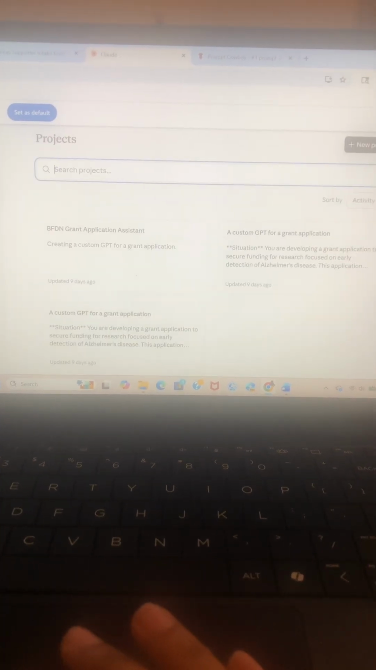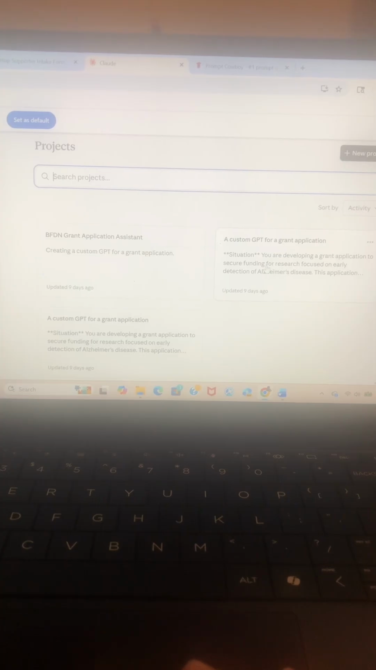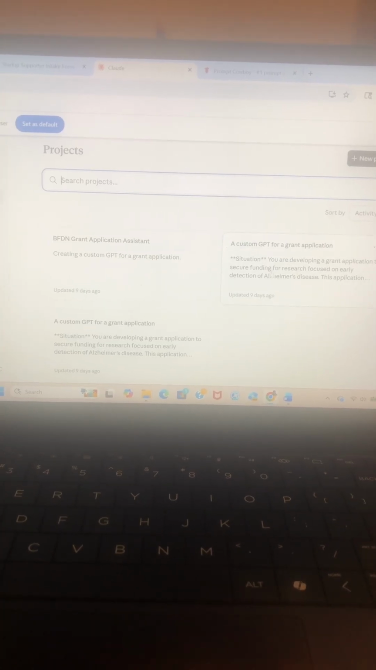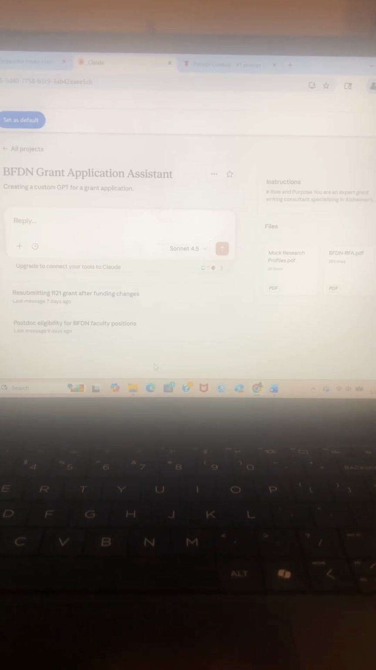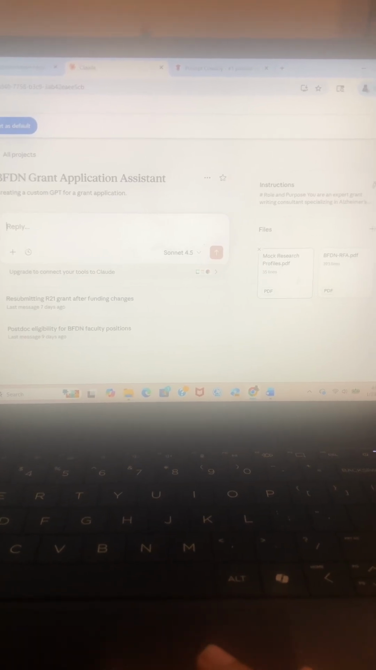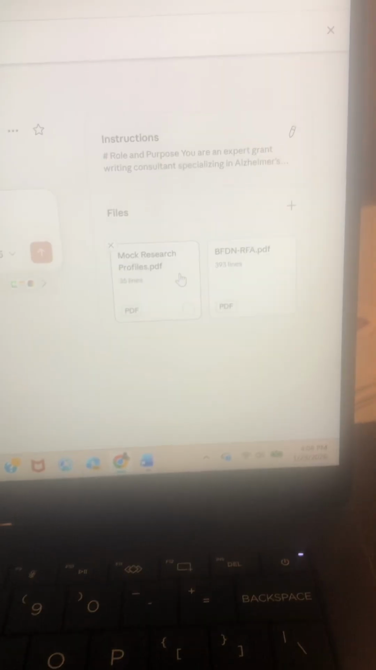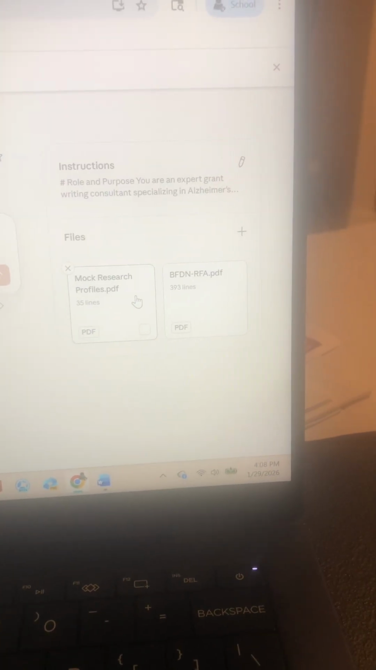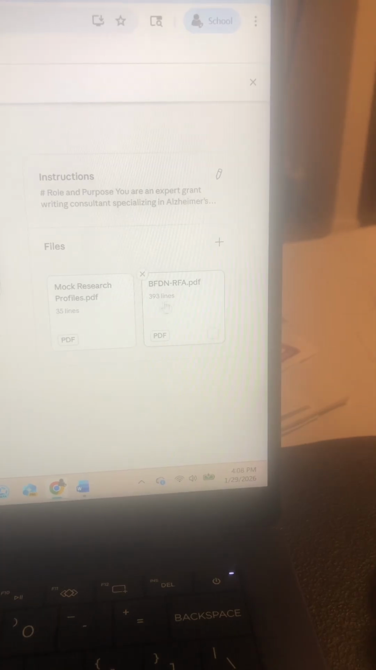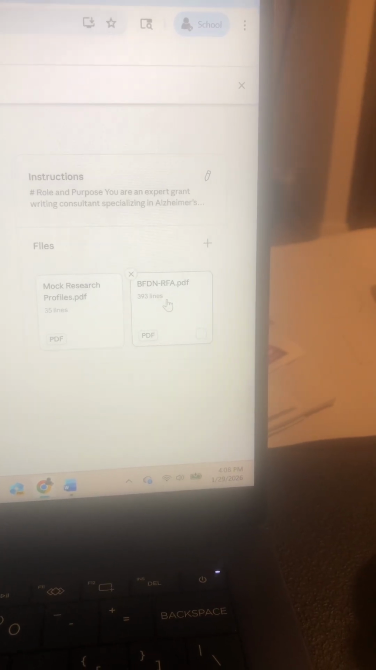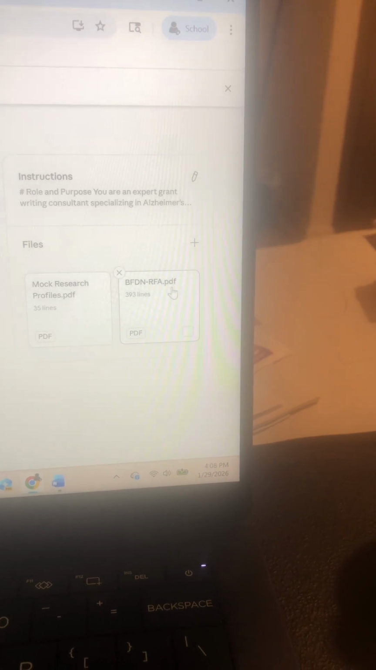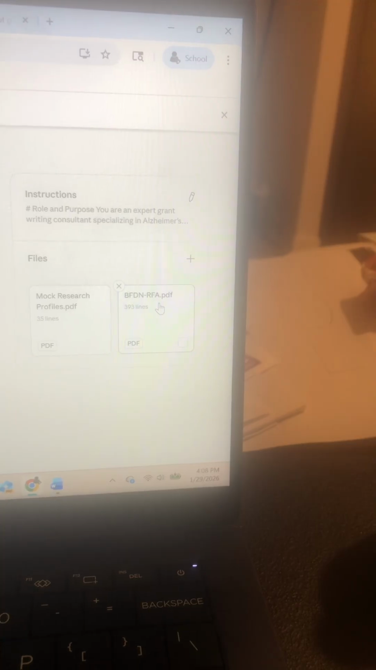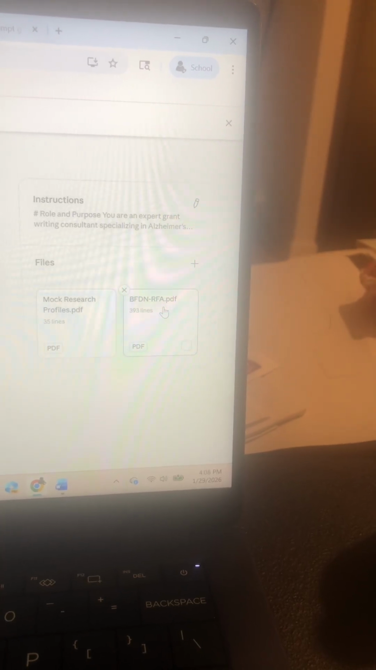See if I can go to projects. Okay, so in the project, so this was initially what I started out with, but this is what I ended up with. So with the profile, I ended up downloading that, and so you can see that right there in the file section. And I also went to get the RFA, so basically I had to go on the website, and that is basically all the information that is about the grant,